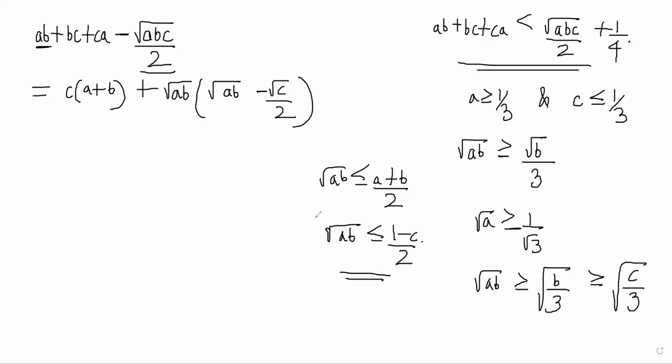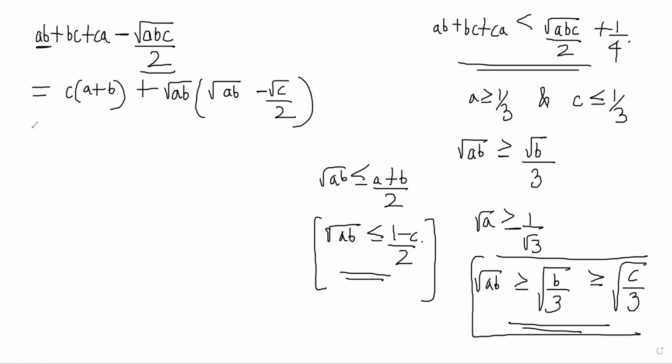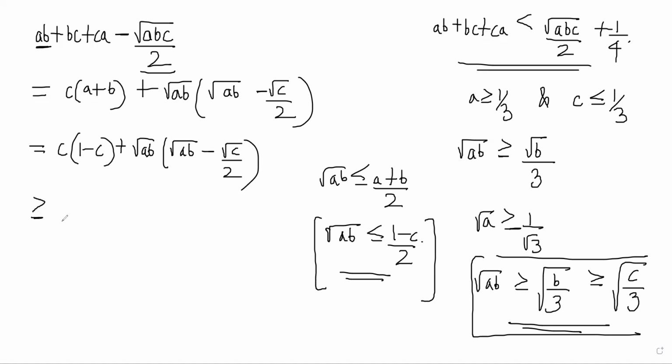So we have one condition on root AB here and one condition on root AB here. We want to use these conditions in this step. So I want to say that C times (A plus B) is equal to C times (1 minus C) plus root AB times (root AB minus root C by 2). And now I'll apply conditions on root AB here. So I'll say this is greater than or equal to,